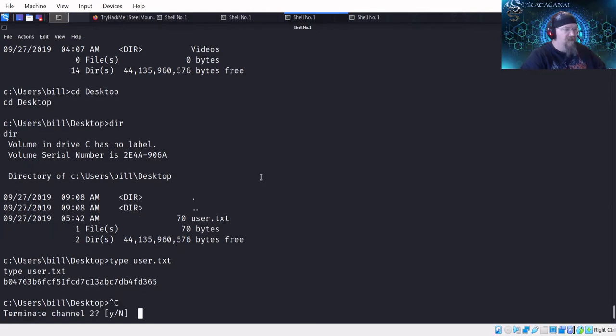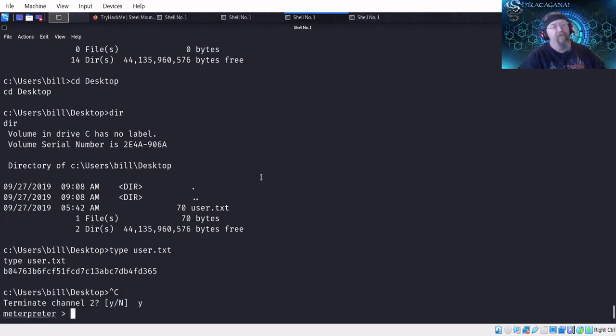So I'm going to do a Control-C, hit Y and enter. That should bring me back to the Meterpreter prompt. Next, because I have the PowerUp.ps1 in the root directory of my Linux machine, I'm going to say upload, and then /root/